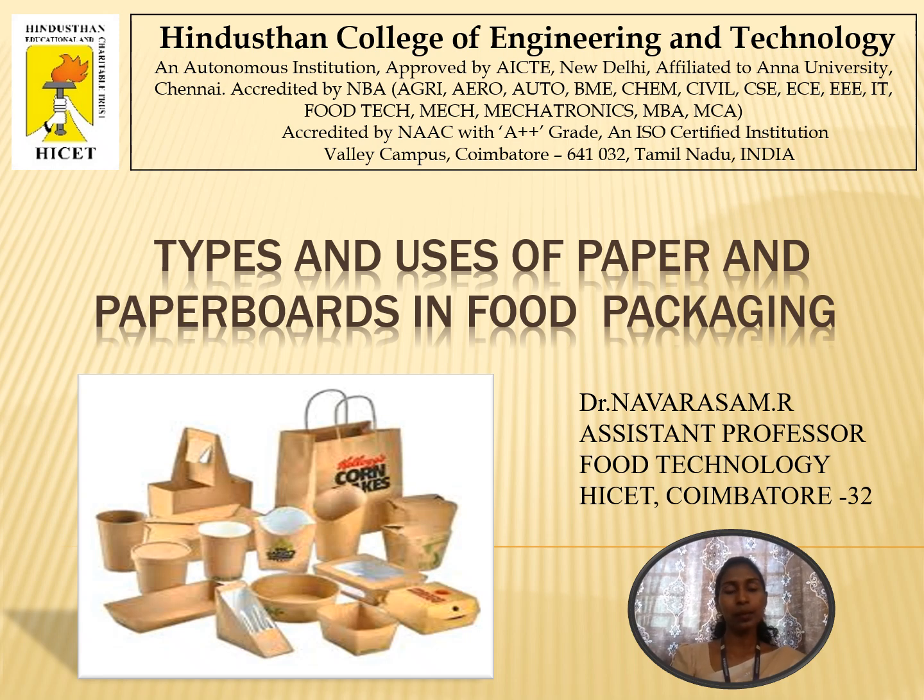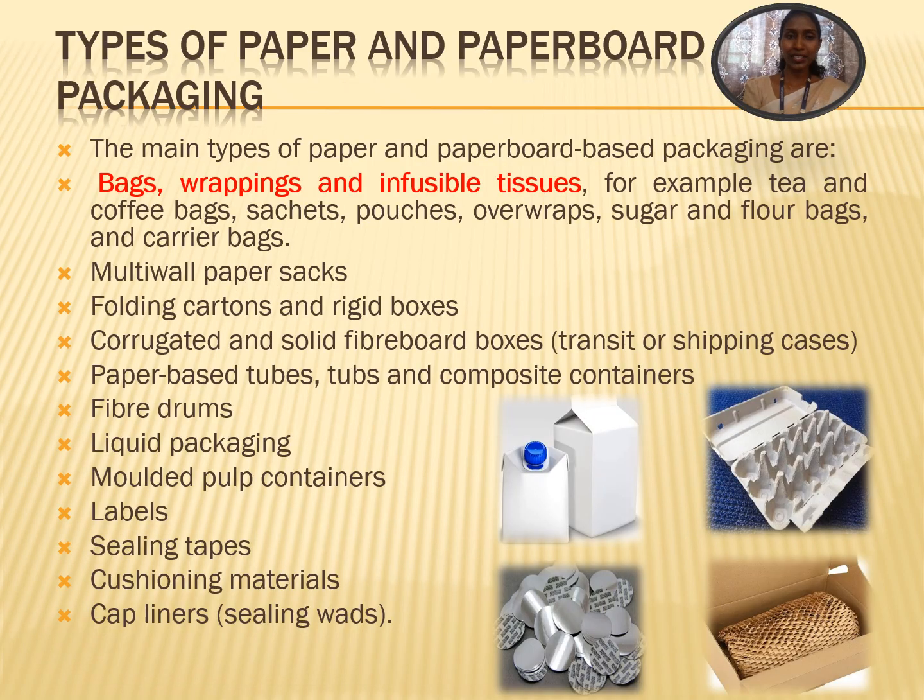In this presentation, I'm going to cover the types and uses of paper and paperboards in food packaging. So here we have the main types of paper and paperboard based packagings, say bags, wrappings and infusible tissues. For example, we can use them in coffee and tea bags, sachets, pouches, overwraps, sugar and flour bags, and also the carrier bags. So here we have the n number of paper and paperboard based packaging materials used in the food